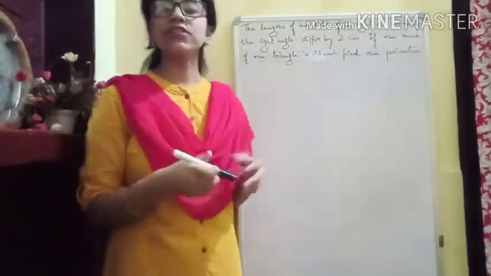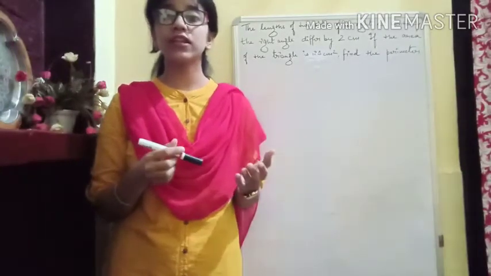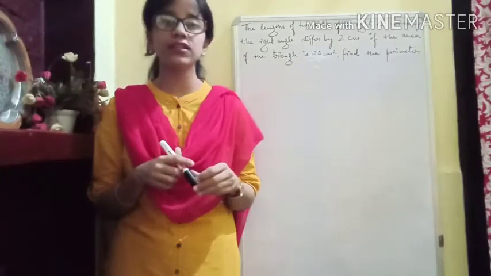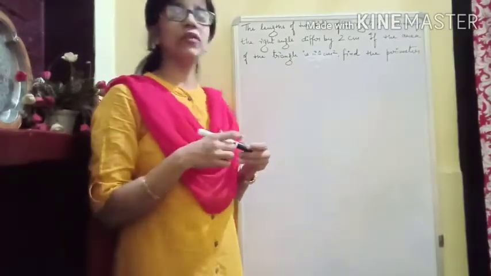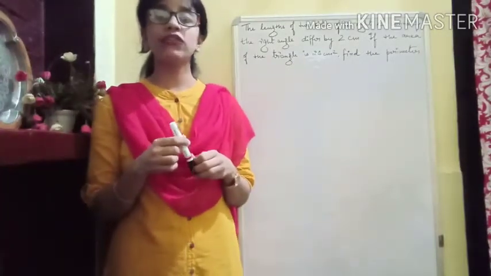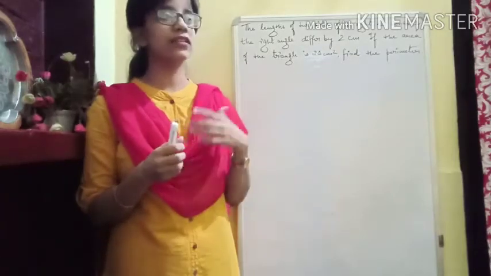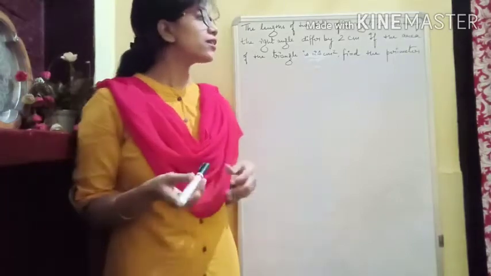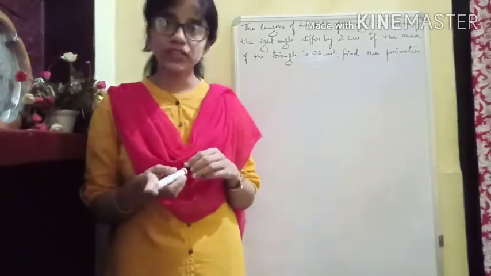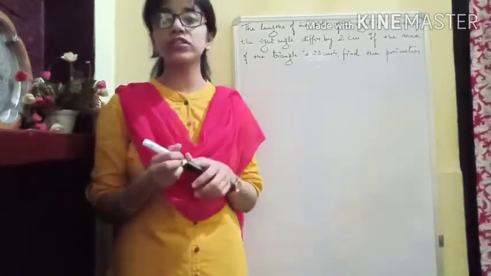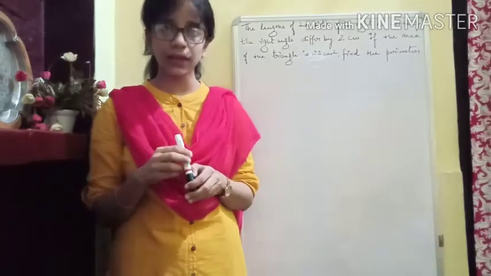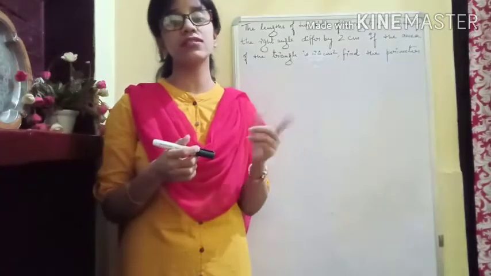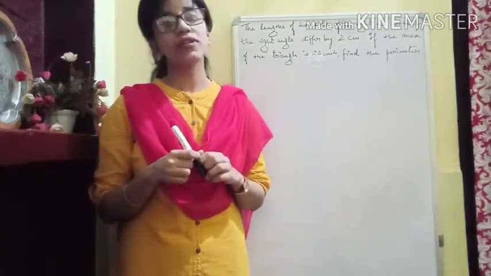As you remember, yesterday we started the chapter perimeter and area of a plane figure. We were solving the first exercise, which is 17A. We have seen the formula to calculate the area of a given triangle. We had this half base into height, and we also learned Heron's formula. And we also were seeing some of the questions. So here I'm going to do some more questions from the same exercise 17A, and after doing those questions, we will proceed to our next exercise, which is area of the quadrilateral.